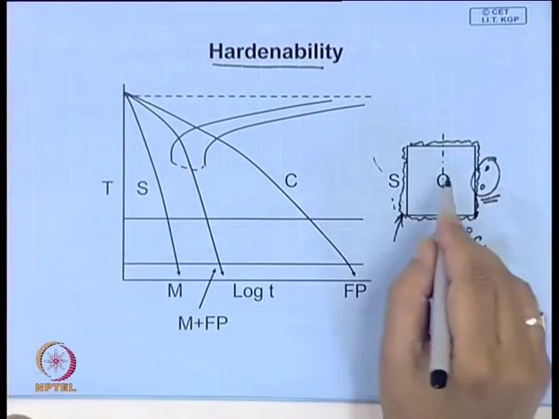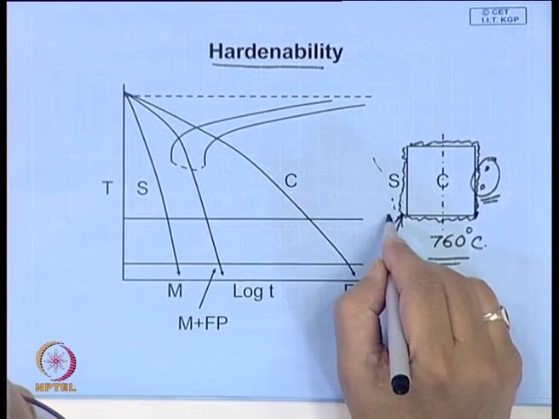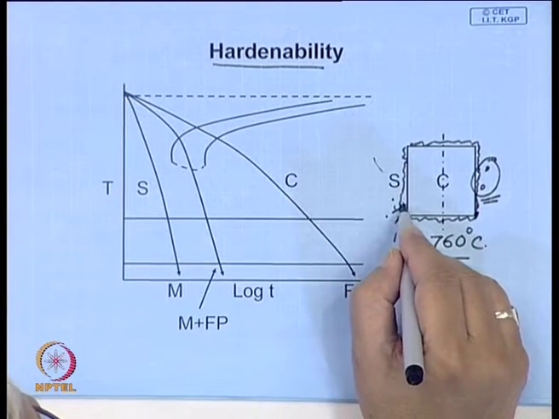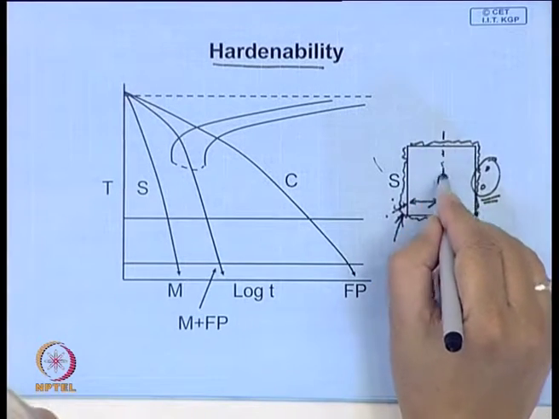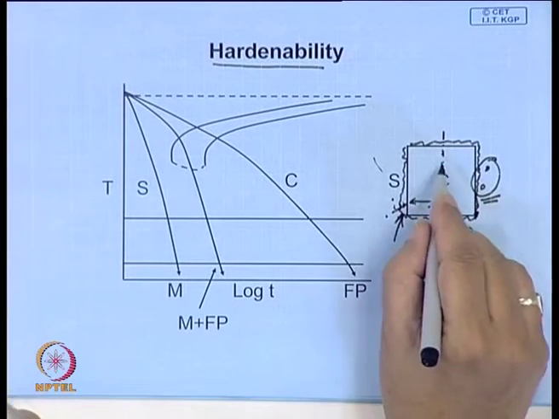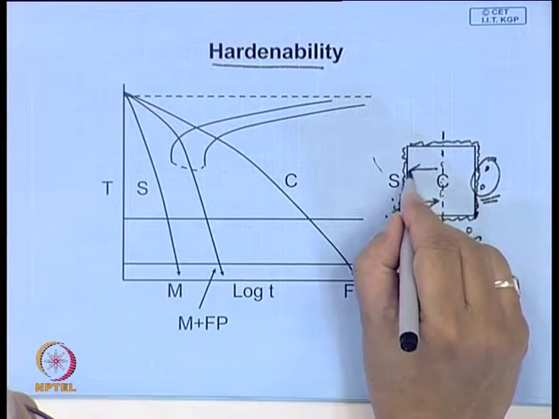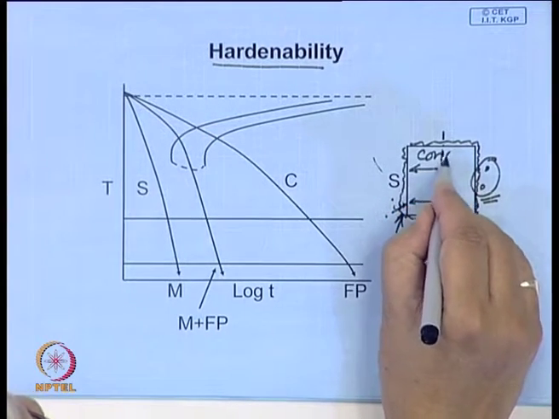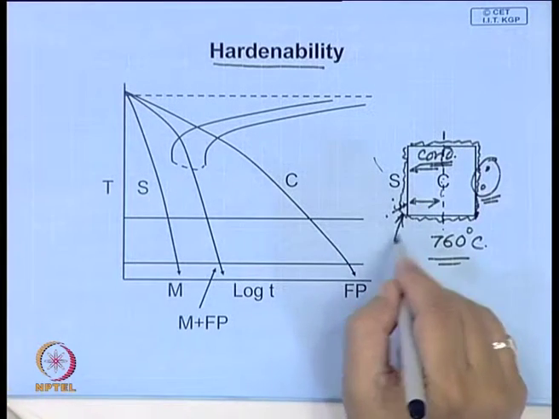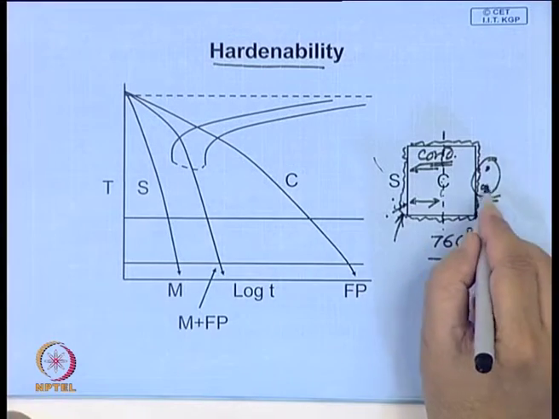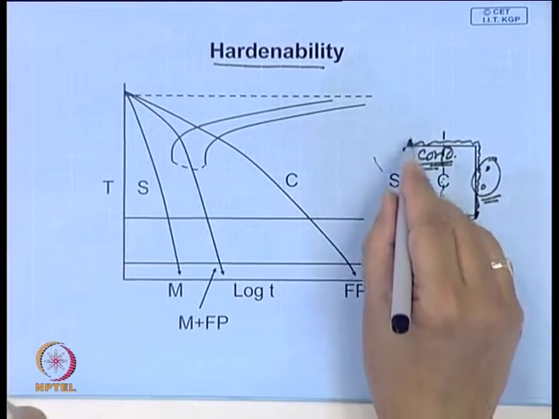We deviated a bit, but what is important is that, no doubt, it is possible to get a very high rate of cooling at the surface, but if the job is large, you will find that the center will cool much slower, because there the heat will be transferred by conduction only. Outside you can agitate and allow bubbles to form, and by violent agitation you can cool the